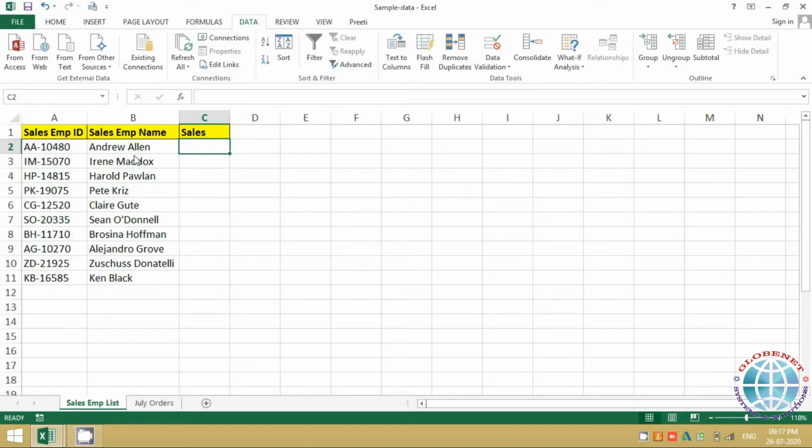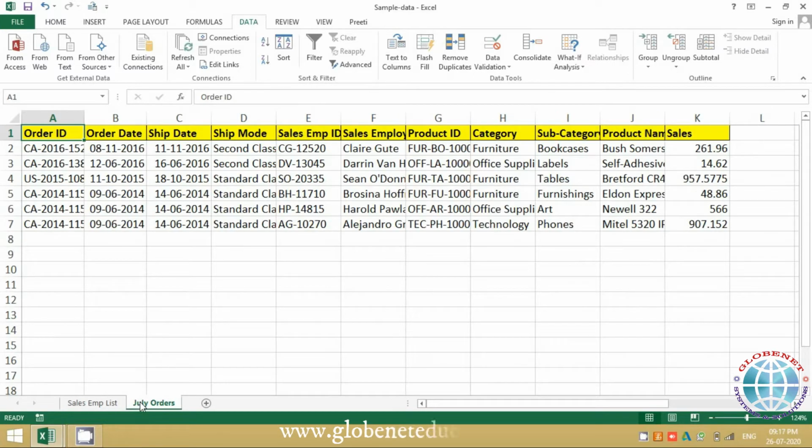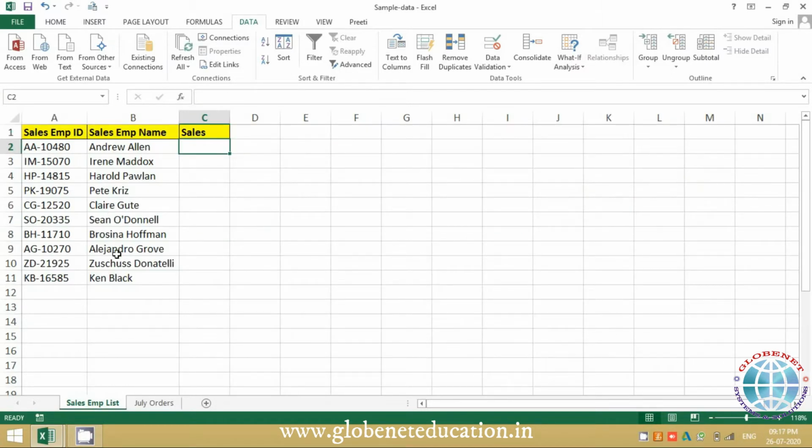So for example, let me quickly show you what this data is. Let's say I've taken a very small data for the benefit of everyone's understanding. If we have over here some orders which were done in the month of July, by various sales personnel, and let's say in this sheet I have an entire list of all the sales employees, and I want to see how many of these employees have done sales in this particular month.